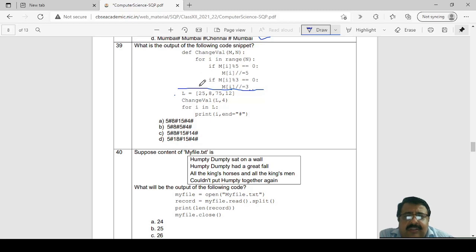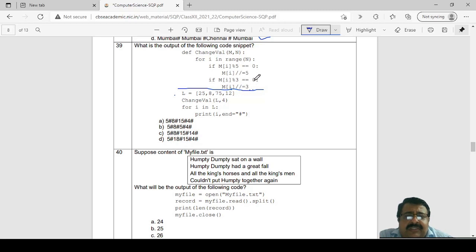So now M is L. For i in range N, N is 4. If M[i] mod 5 equal 0, M[i] equal to M[i] floor division by 5. If M[i] is divisible by 3 also, then M[i] floor division 3.